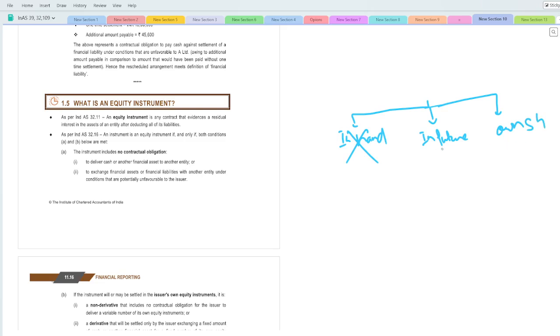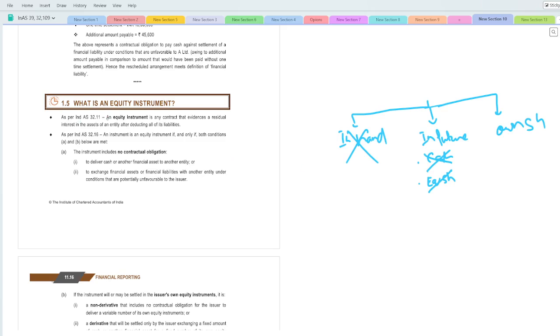In the future, the cash thing will not be coming here, because cash comes under the financial liability or the financial asset. If you are paying cash in the future, it comes under the financial liability. That means it will not come here. And if it is in equity shares, then also it will not be coming here. First just try to read these things, then we can comprehend from this.